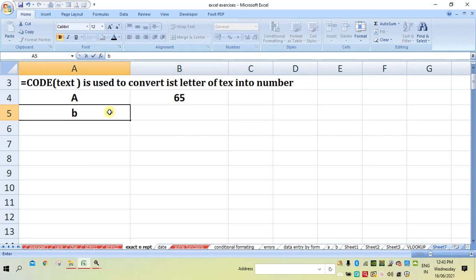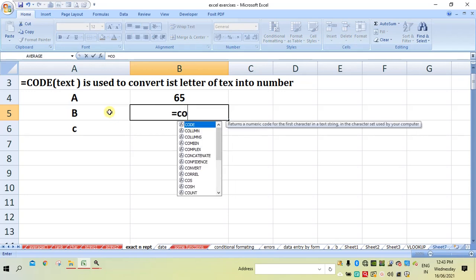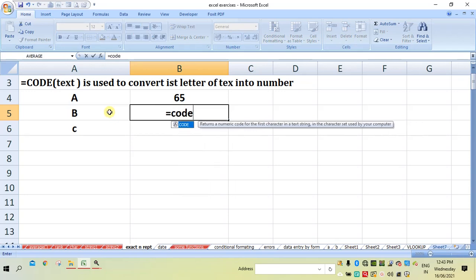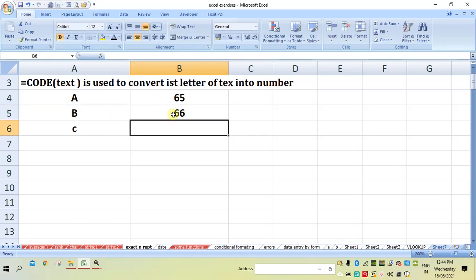Suppose it is a B, small b or capital B, whatever it is. I will take this one as small and this one as capital. To convert this B letter into a number, equal to CODE, in brackets specify the cell.